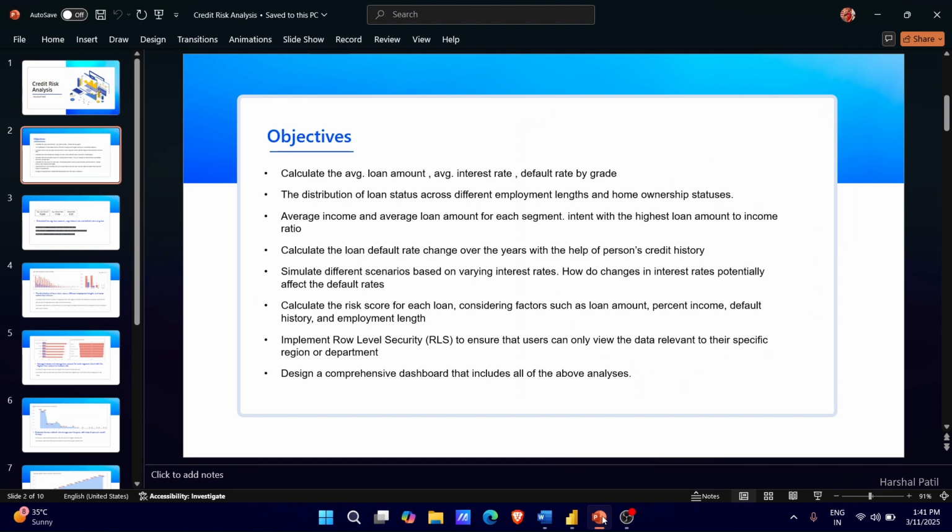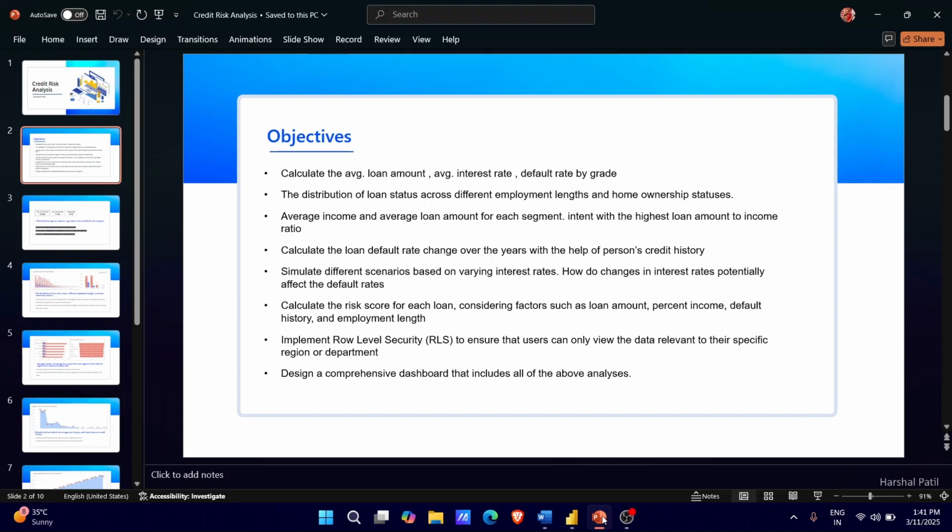So, the primary objectives of this project include calculating key financial metrics such as average loan amount, average interest rate, and default rate by loan grade, analyzing loan status distribution based on employment length and home ownership status, examining the relationship between income and loan amount to identify which loan intents have the highest loan to income ratio, tracking default